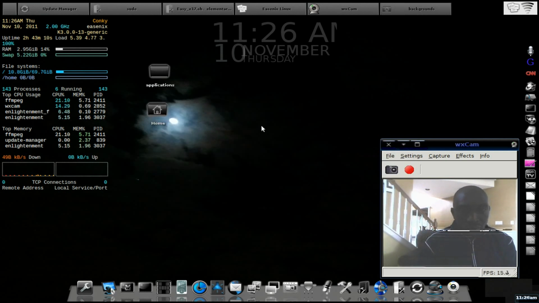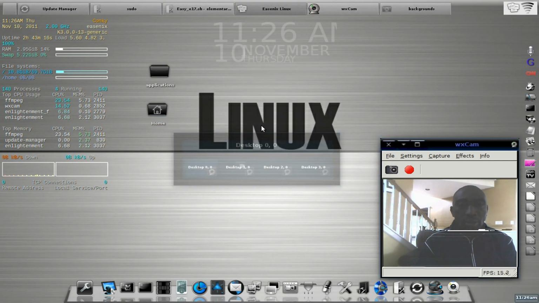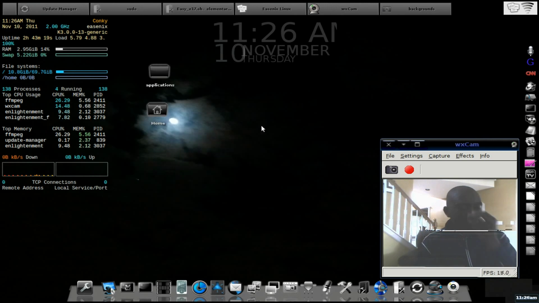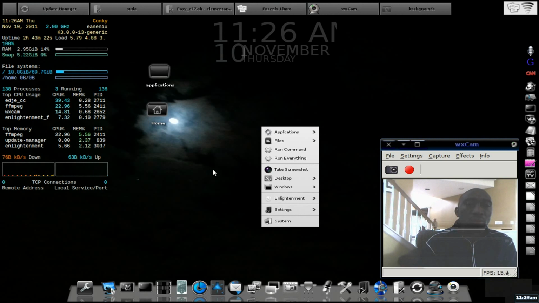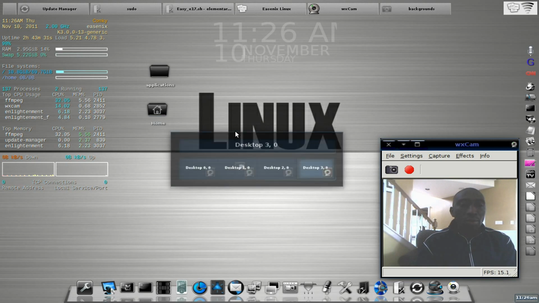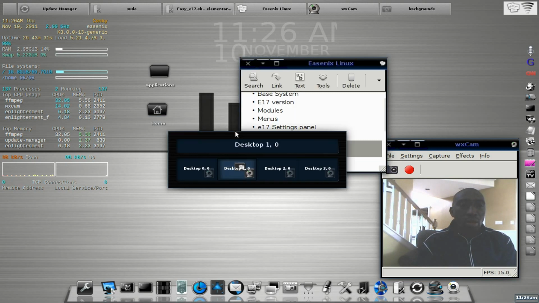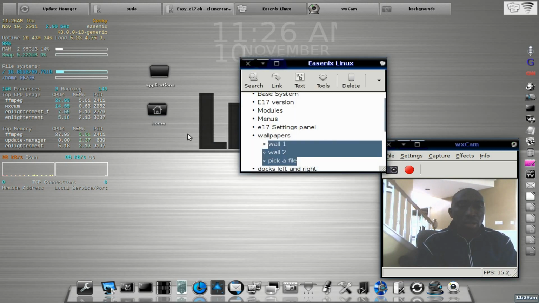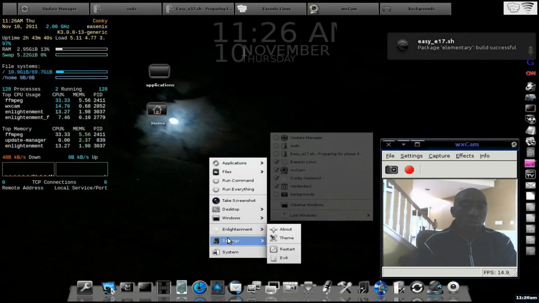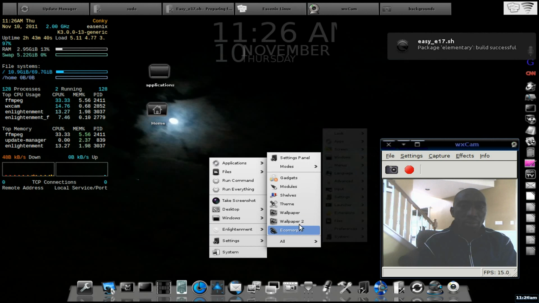Now let's go to the other screens to see if it changed all the other ones. Nope. So as you can see, only the second option changes the wallpaper for all screens, but the first one and the third option does not change all the screens. Okay. So what I'm gonna do right now is go to different screens and have every screen have a different wallpaper. Alright, so I'm gonna use the first option to do that,